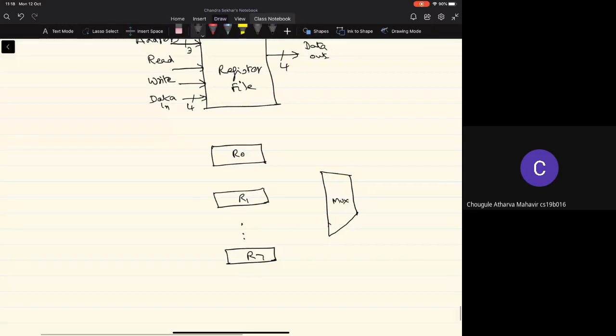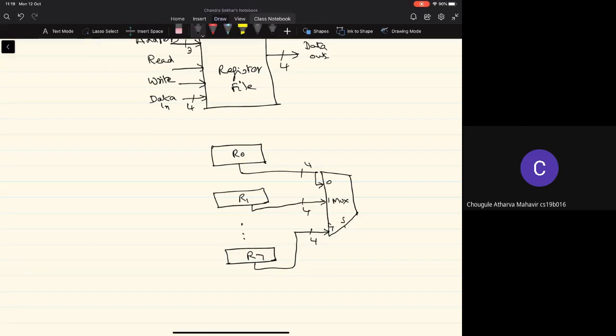What will be the inputs to this mux? The contents of each of the registers. So we take the outputs of the four flip-flops in each of the registers, and that will form the inputs. So this will be the 0th input, 1st input, and the input 7.